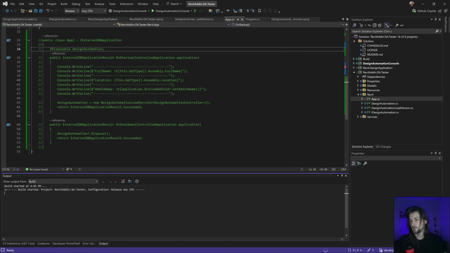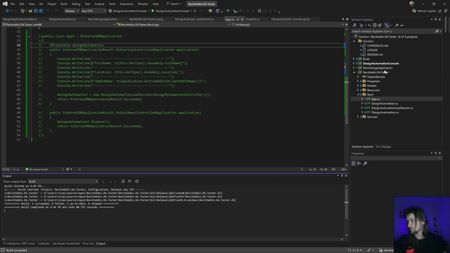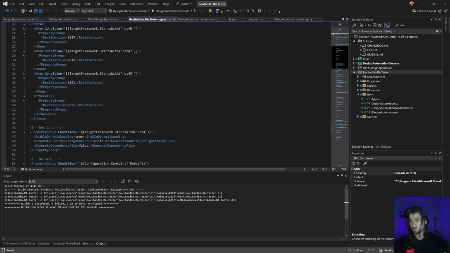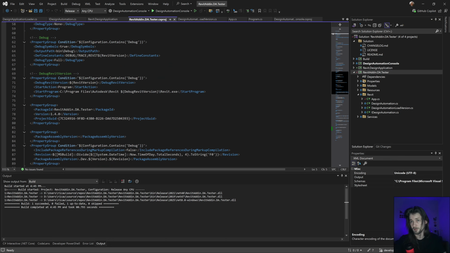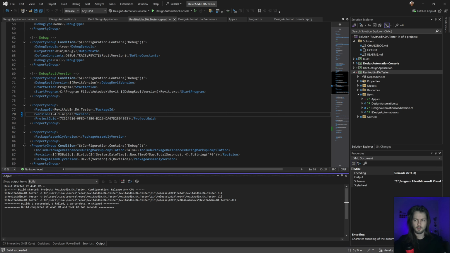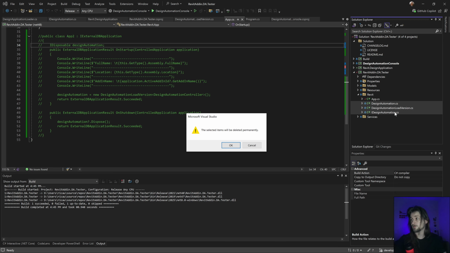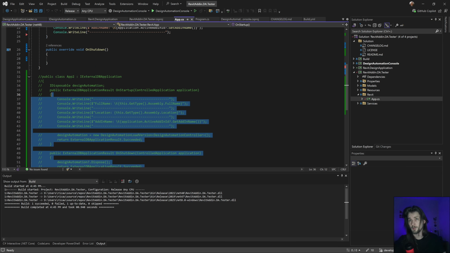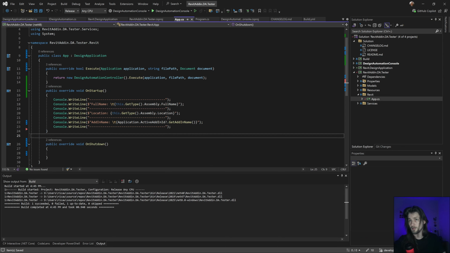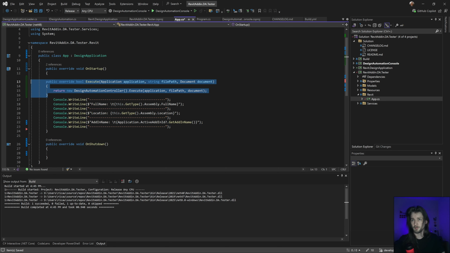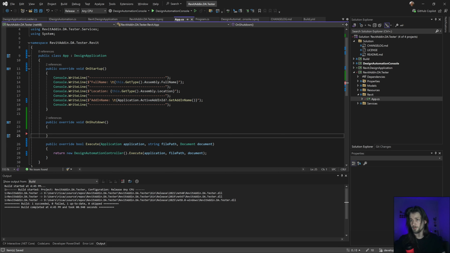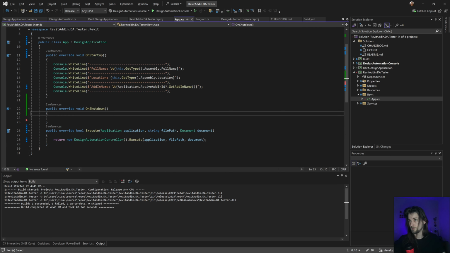Let's build that. Let's first change the version. Where is it? Yeah, version 1. And this should do the same thing that I did. I could delete this, this is not important anymore. Can delete this as well. And this should work, it should do the same thing. Let's move this to the bottom. So that's it.